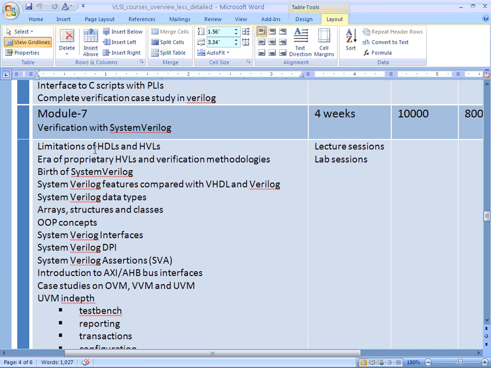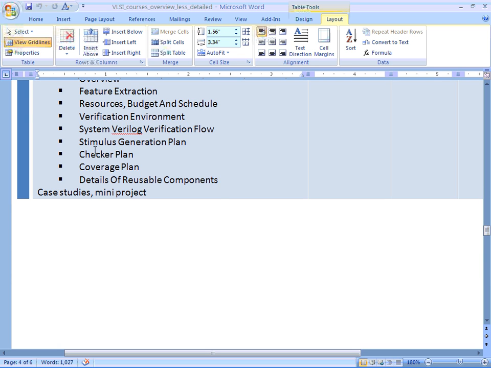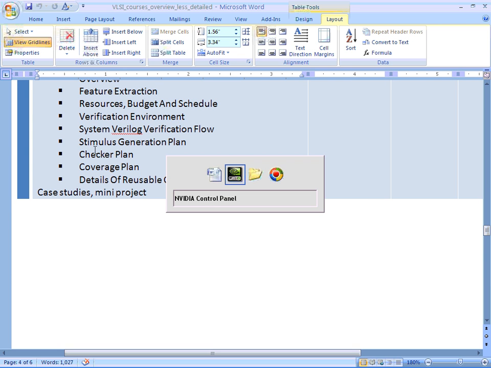That particular IP is not for any ASIC flow. It is not going to silicon. That IP will fit with your module and will allow you to do verification very robustly. So that's what we want about the full course. Now going back to